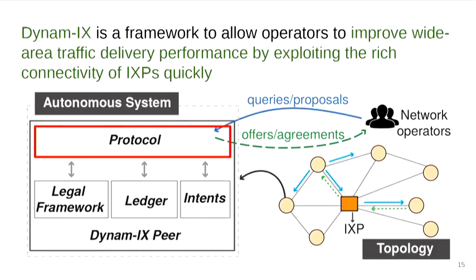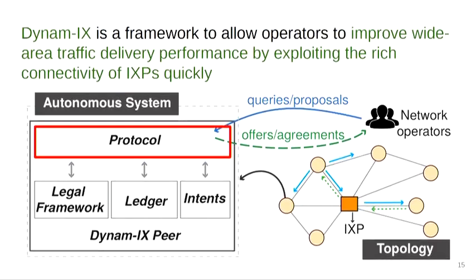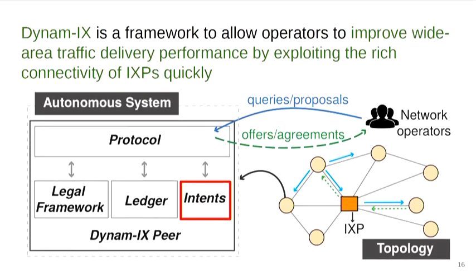The first component is a protocol that eases the process of finding other peering partners and establishing the interconnection agreements. We also have an interconnection intent abstraction in which the operators express their peering policies, what they are offering and what they want. We have a distributed ledger where the ASs can find information about the other ASs related to